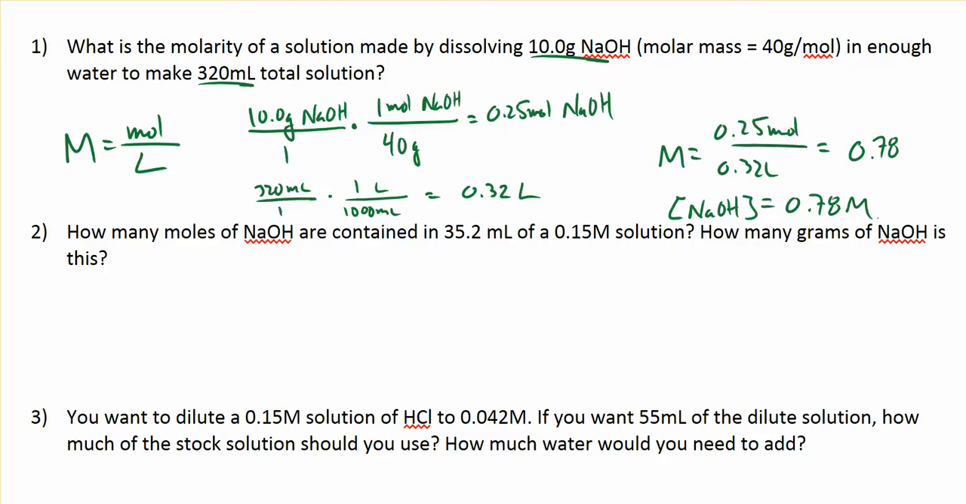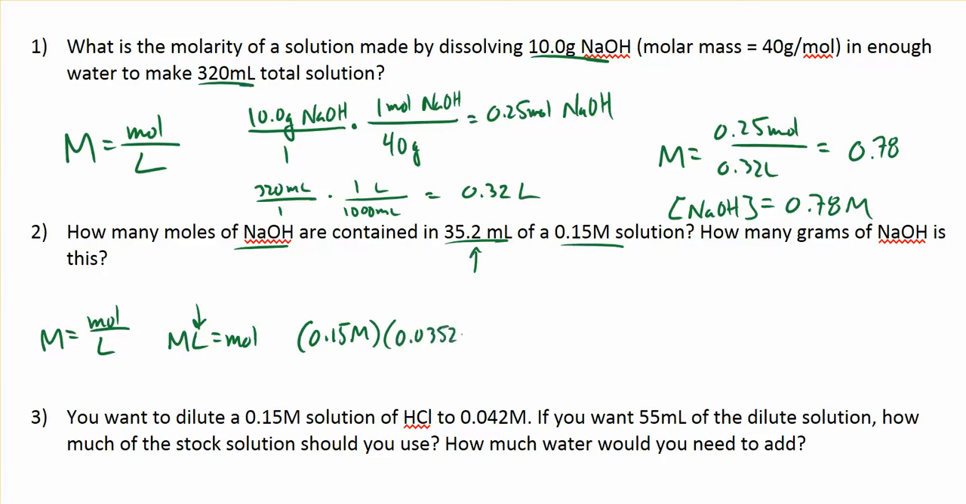The next part of the question asks us how many moles of NaOH are contained in 35.2 milliliters of a 0.15 molar solution. Let's rewrite our molarity equation. Here we're asked for moles, not molarity, so I'll solve for moles and then plug in some values. Molarity is 0.15 molar. The molarity equation is in terms of liters. I'm given milliliters, so I'll need to convert my milliliters to liters. Doing that math, I find that I have